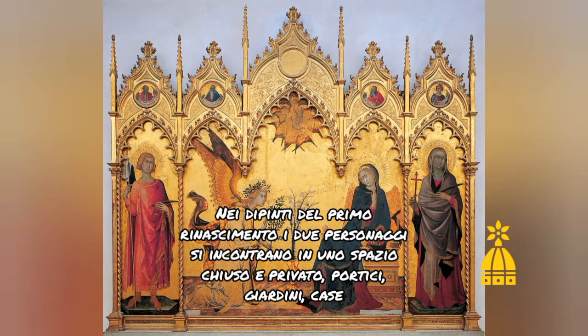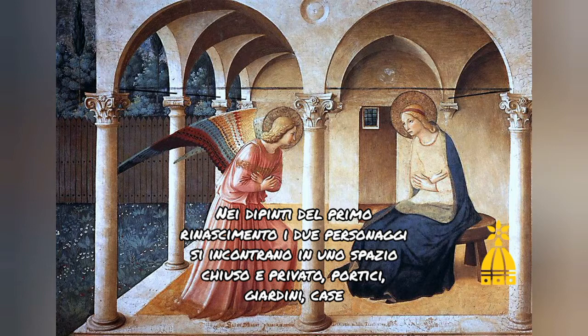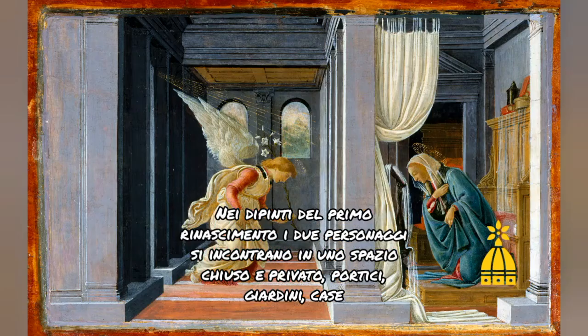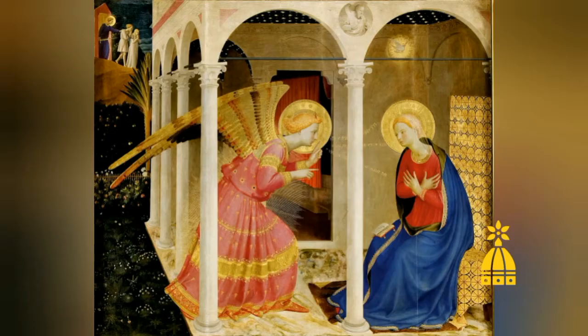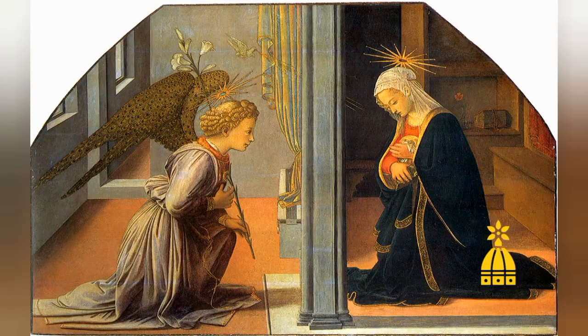In other early Renaissance paintings, we can find an enclosed garden where the characters are only the angel Gabriel and the Virgin Mary. Also in this case we have an enclosed garden with only two characters,